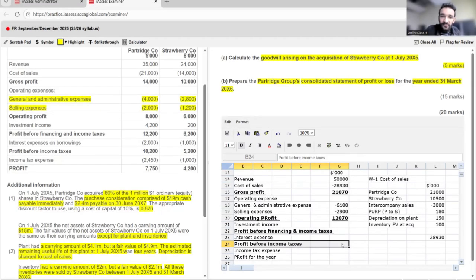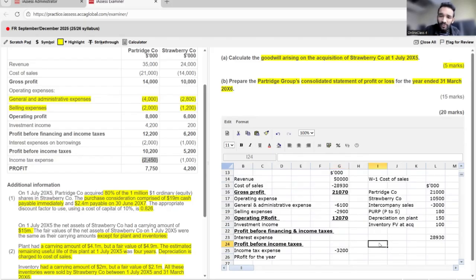Before moving forward to investment income and the finance cost, I will be doing the calculation of income tax, which is again free marks. 2,450 plus 1,000 into 9 by 12. Now let's talk about interest expense. This 2,000,